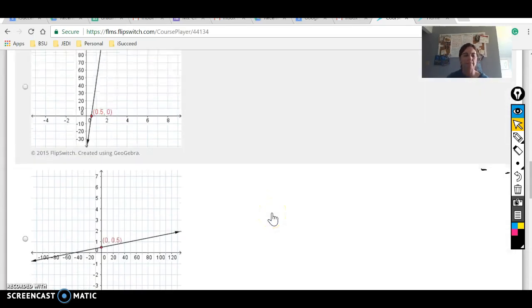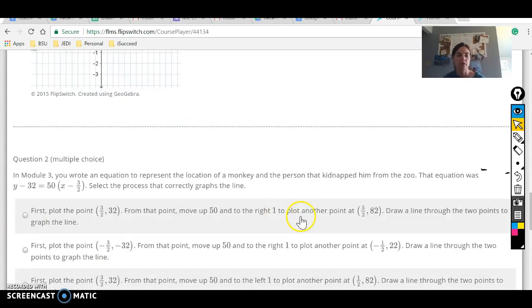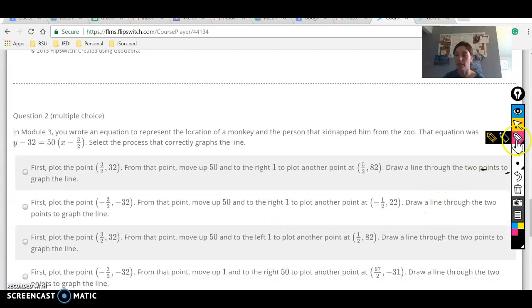Okay. Second question. In Module 3, you wrote an equation to represent the location of a monkey and the person that kidnapped him from the zoo. The equation was y minus 32 equals 50 times the quantity x minus 3/2. Select the process that correctly graphs the line. Okay, so if you remember, we did actually already graph this out, and we knew that we have a point at 3/2